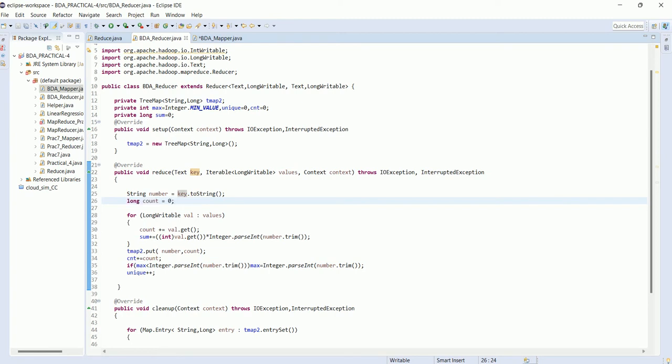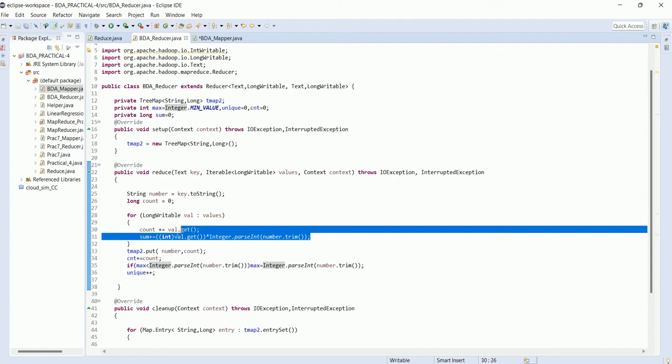Here we are iterating over all values, counting with this count variable, and at the same time summing up all the numbers. We take the value, meaning the occurrence, and multiply it with the particular number. So this sum shows the total sum of all the numbers.